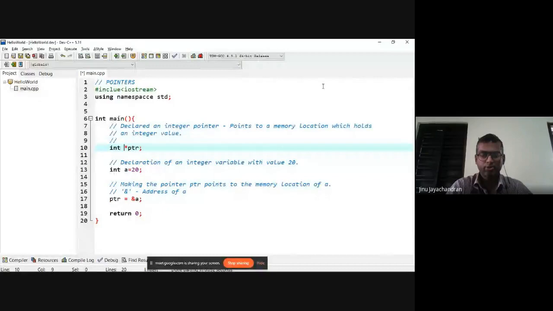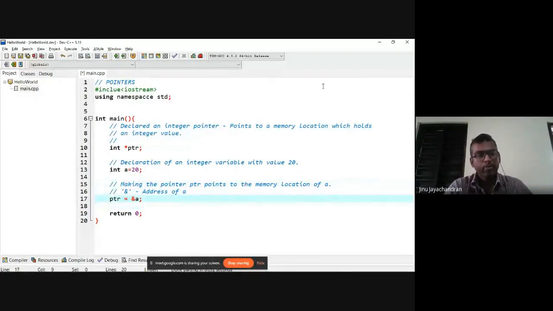Because of the star, we are telling the compiler that ptr is actually a pointer to a memory location which holds an integer value. If you look at the variable a, it is declared as an int, which means a holds an integer value, and you are making ptr equal to ampersand a.